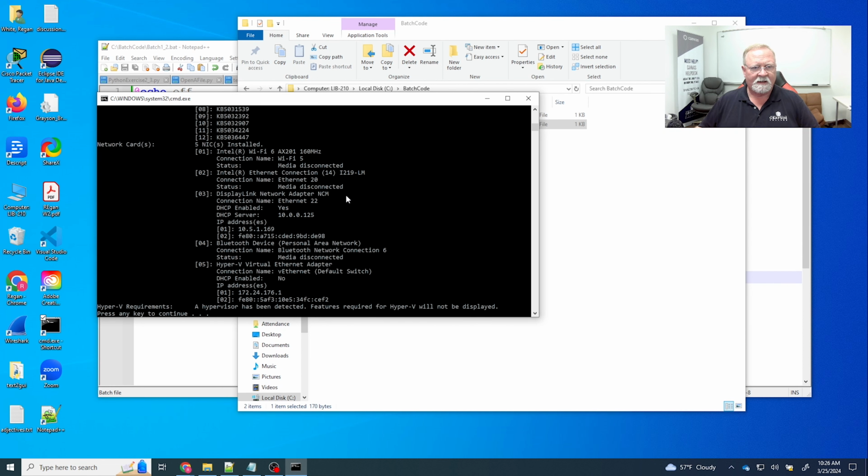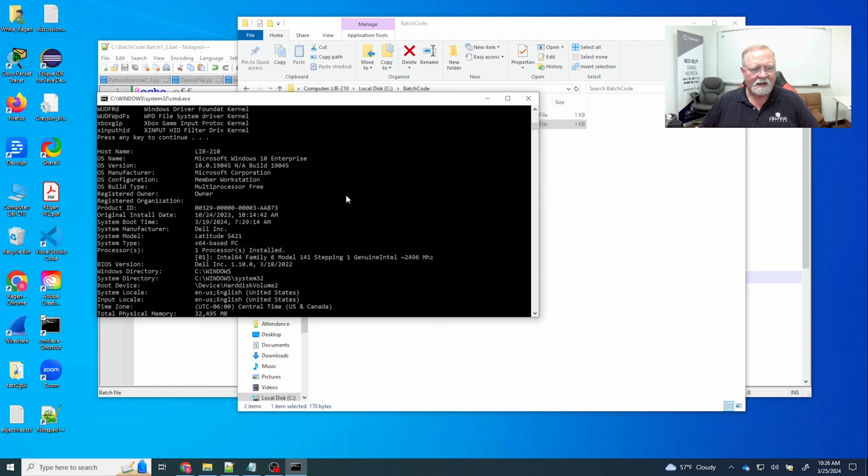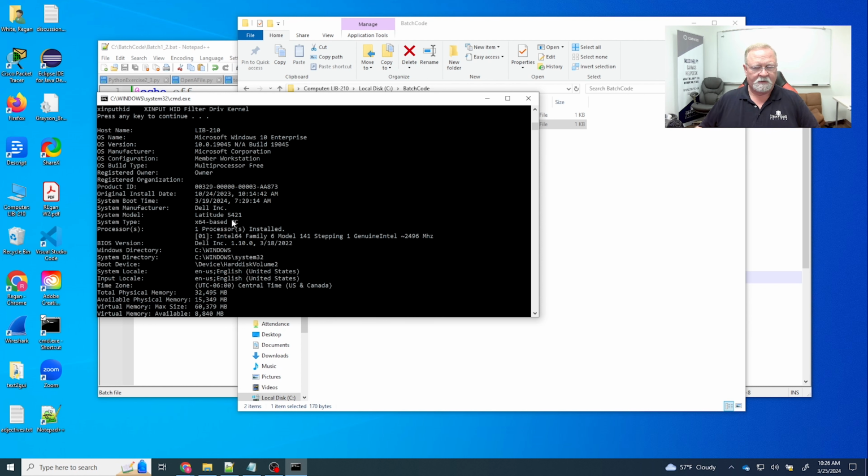Now it may take a minute to load because it really does have to dig through a lot of information. All right, there it is. Host name, Library 210, that's my computer. Windows 10 Enterprise is the operating system. The version is 10.0.1954, Microsoft's manufacturer, etc. It's set up as a workstation, as a multi-processor because it has several processors in it. Registered to owner. It's a Dell Latitude 5421, one processor,